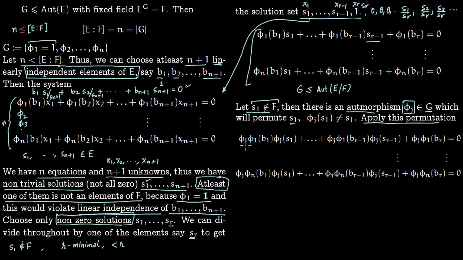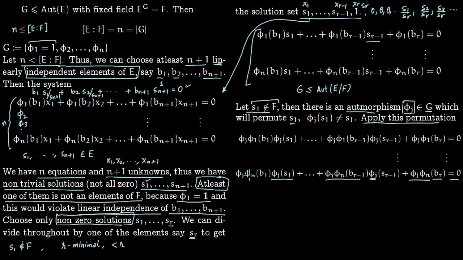So we are just putting phi j here. So phi j phi 1 b1, and then phi j of S1, then phi j phi 1 br minus 1, phi j sr minus 1, phi j phi 1. Just putting phi j everywhere. Again phi j here, b1, then phi j of S1. So just putting phi j here and then phi j here, phi j sr minus 1, and then